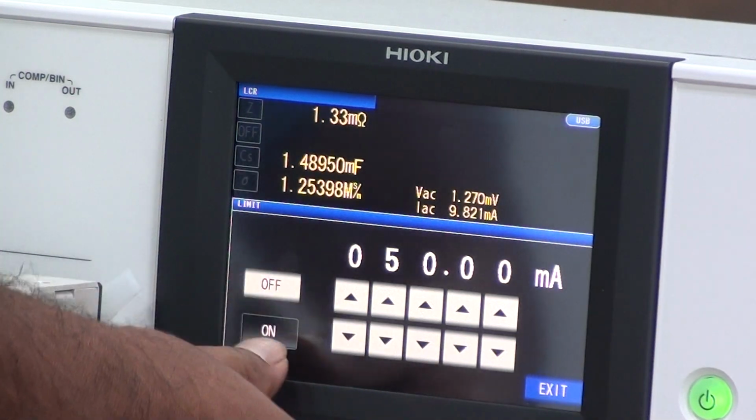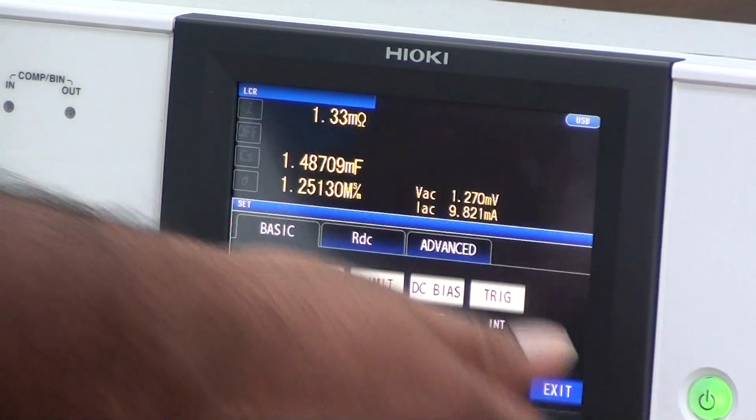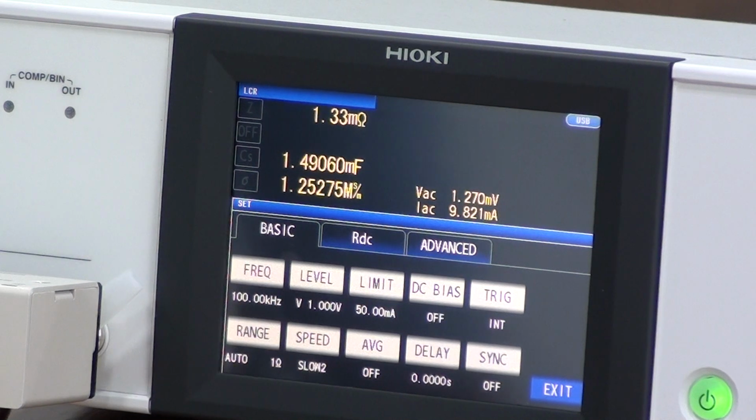So if I set this on, if the load is drawing more than 50 milliamps, the limit will be on and there will be an error in the measurement. That is just to minimize the damage to the sample.